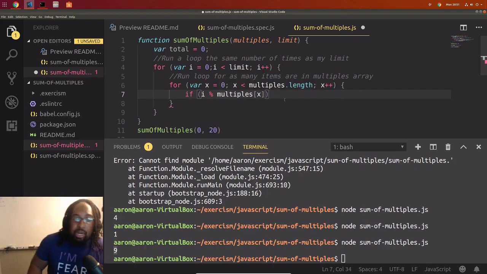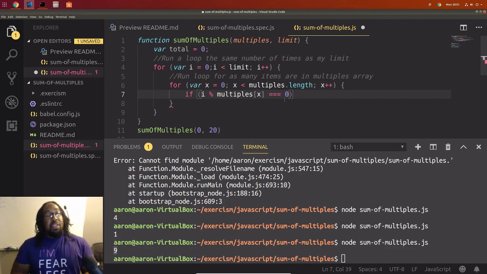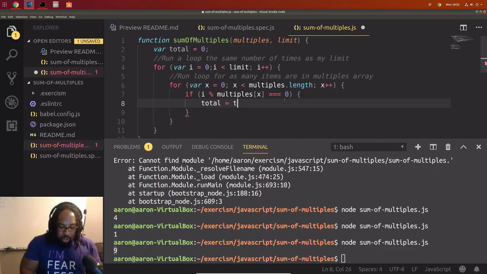And we're going to run our comparison here, and we're going to say if I modulo our number of the array is equal to 0, and that's how you check if something is evenly divisible. And if it's evenly divisible, inversely, it has to be a multiple of a number. Then we're going to add that number to the total. So we can do total equals total plus total,